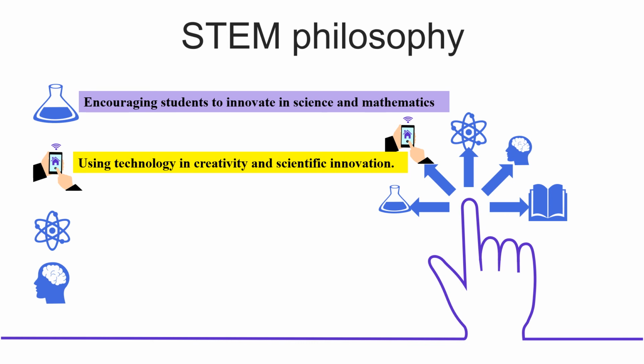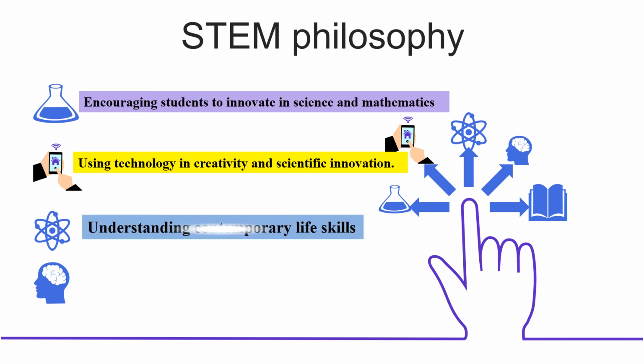Using technology in creativity and scientific innovation, you can create everything by using smart technology, and apply your ideas and startups in the knowledge cities. Understanding contemporary life skills, you need more life skills to build your personality, such as problem solving skills,